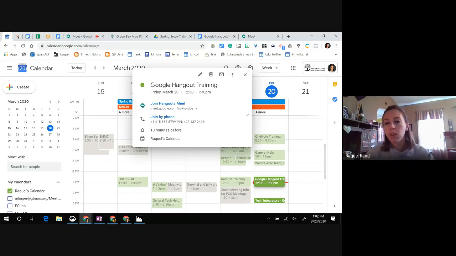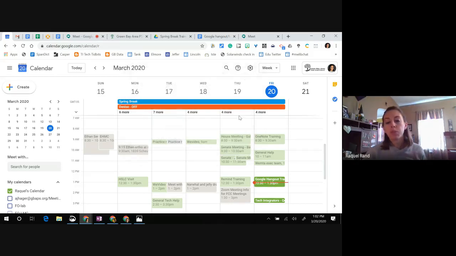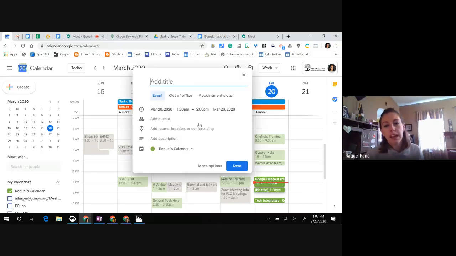Okay, so for me, it makes the most sense to put the time when it's going to happen. So I'm just going to create a fake one for right now. So we'll say we're doing one after this. So I'm going to just say example training. Now, if I just leave this, that'll just show up on my calendar as example training from 1:30 to 2:30. If I go to more options,